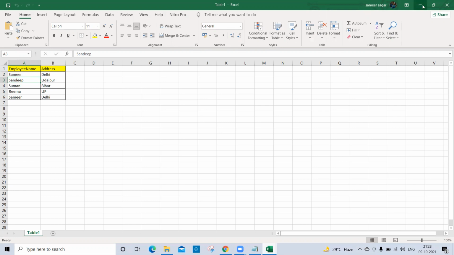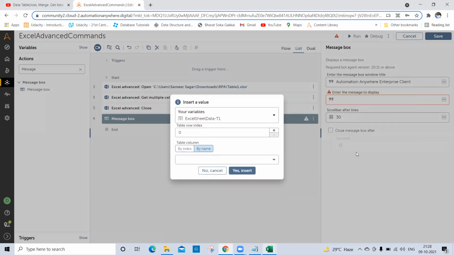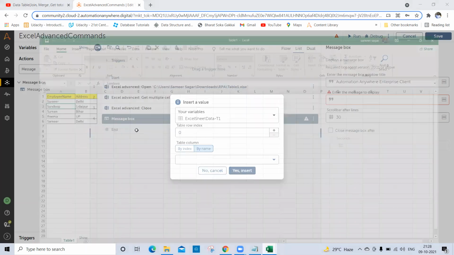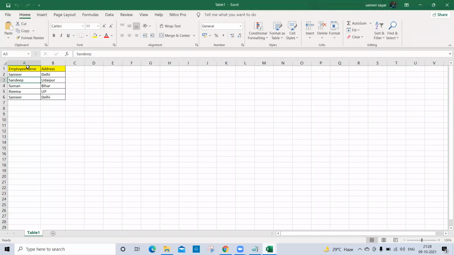So what we can do here: as in Excel files in Automation 360, our row index starts from 0 only. We cannot change this, it starts from 0. That means the header is our 0 row, and the next is 1. So what I want is 0, 2.